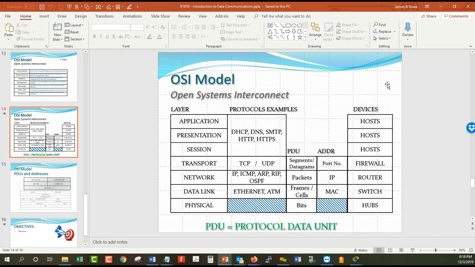So what is the highest level that a device communicates at? Hubs only communicate at the physical layer. They don't go any higher than the physical layer. Switches communicate at both the physical and data link layer, but no higher. Routers take it one step up. They communicate at the physical, the data link, and the network layer. Then you've got firewalls, which communicate in the first 3, physical, data link, and network, and also communicate at the